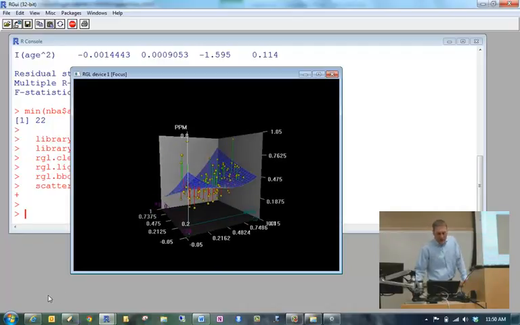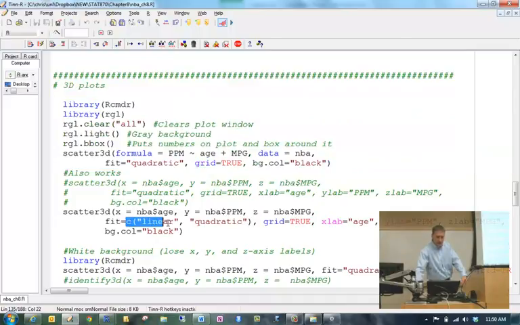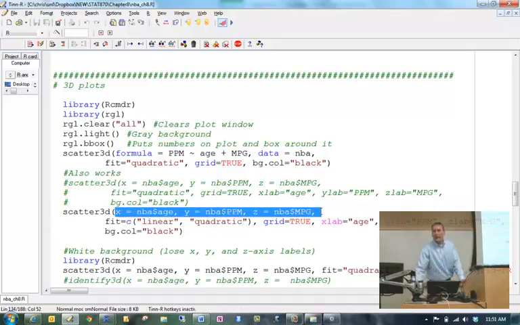And so you might be interested to look at the same plot with both a flat plane, meaning the first order model, and compare it to the second order model as well. You can do that with this extra part of code here where you say linear and quadratic. I guess I'm just showing a different way to input the x, y, and z variables here rather than using the formula there.